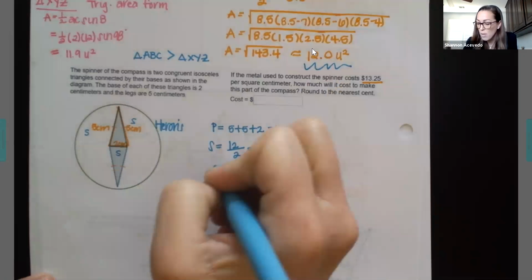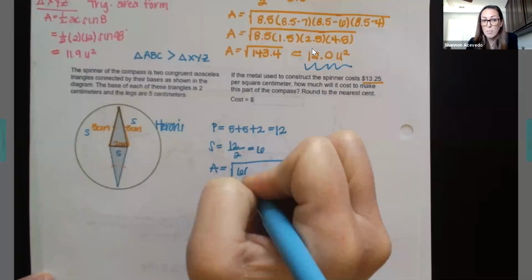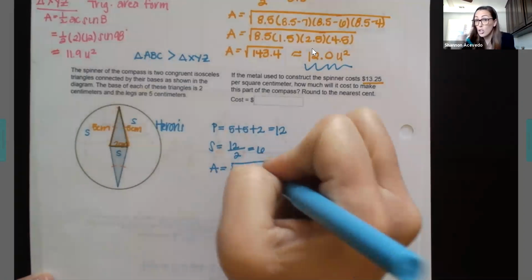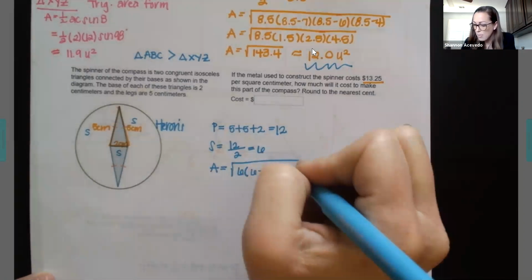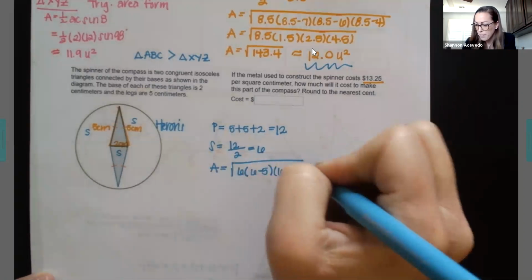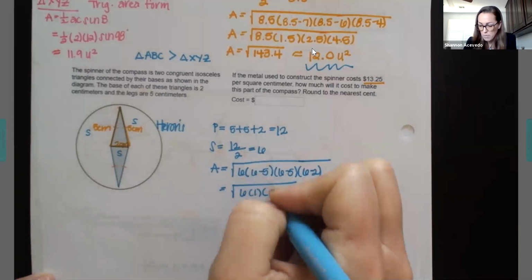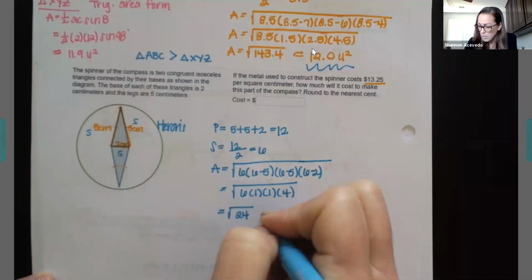Then to figure out the area, it is the square root of S, and then it's S minus each of my sides. So it's S, or 6 minus 5. There's 2 of those, so you have to do it for each one of them. Technically, this is values of 1, so when you multiply it, it's not really going to change it, but I don't want you to get in a bad habit and think that you don't need to write it. So it's 6 minus 5 again, and then this would be 6 minus 2. So this is going to be 6 times 1 times 1 times 4, and it's going to be the square root of 24, which is approximately